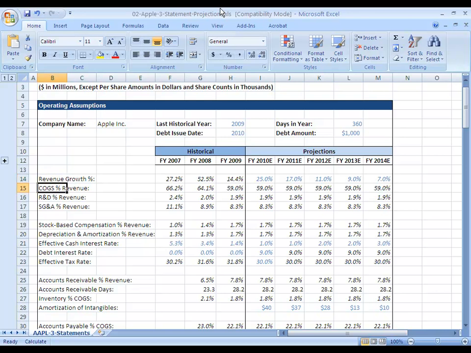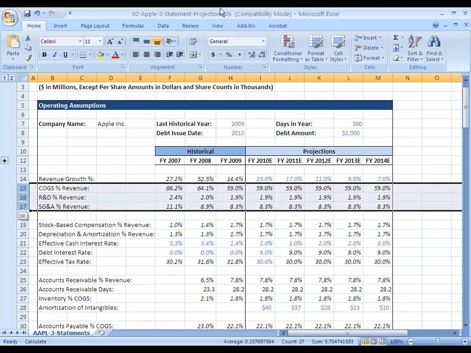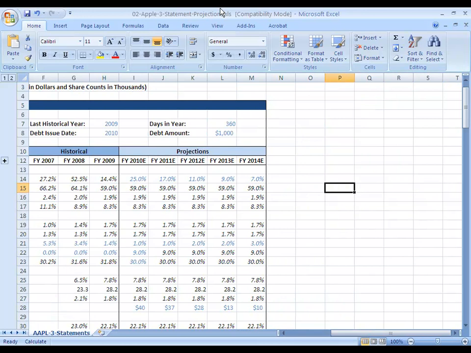A related follow-up question is how do you make expense projections? So how do you figure out what cost of goods sold is? How do you figure out what operating expenses look like? And for this one, there are really two ways that you can do it. You can make simple percentage assumptions here and tie each of these to a percent of revenue as we have right here. Or you can do a unit by unit